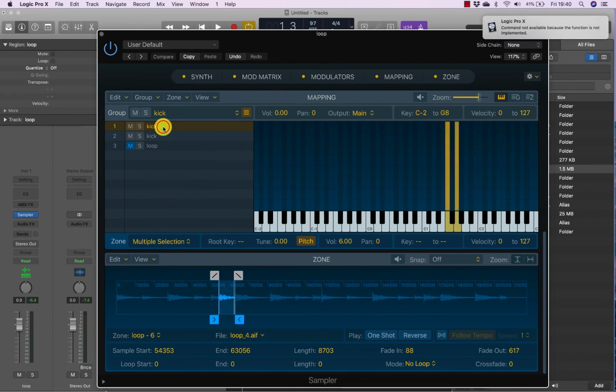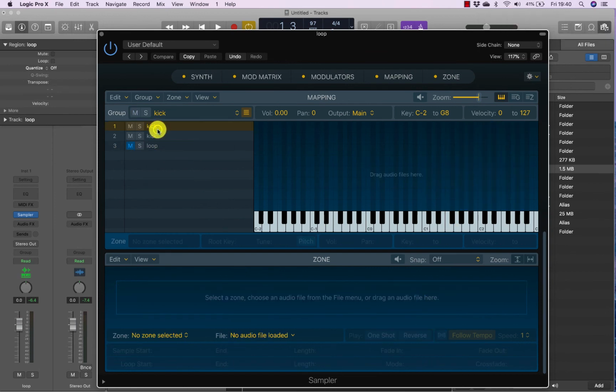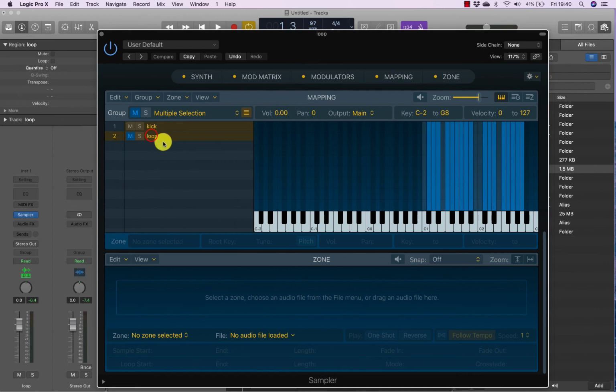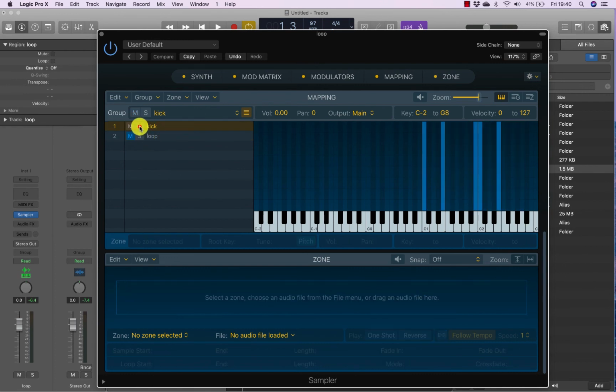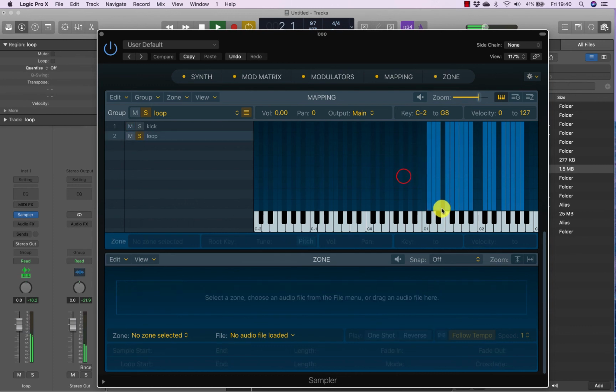And I just need to put those back to there, delete my new kick, so I could see where they were overlapped. Can you see? So I'd click loop, shift click kick, and I could see there was an overlap, and then what I did was to go to kick, solo it and play. And do the same for loop just to check. I can hear that I'm missing a couple of kicks, but for the time being I'll just take kick,